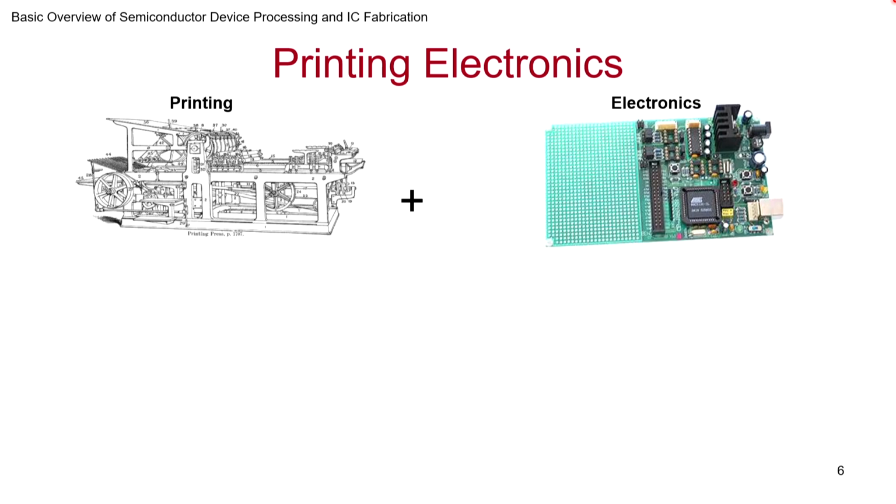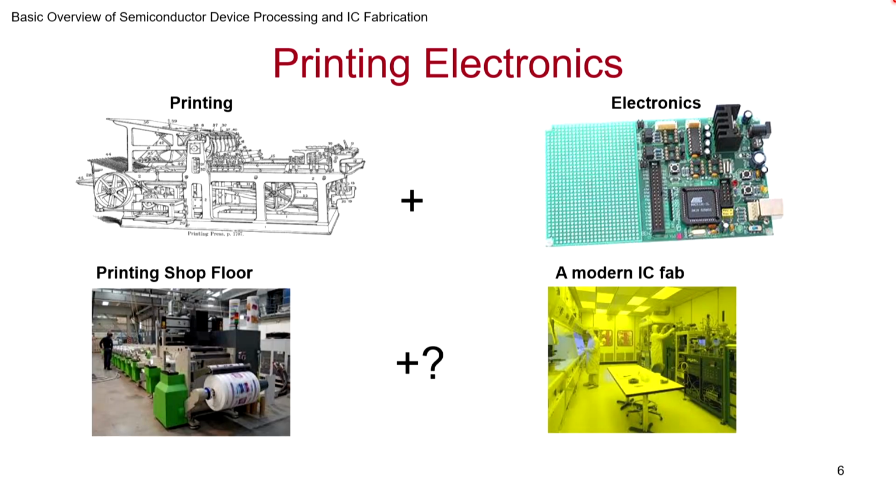Just to show the apparent incompatibility as it might appear to somebody: a print shop floor, if you look at it, as compared to your modern IC fab, is maybe considered to be dirty. You don't want things to be done in a shop floor. On the other hand, a modern IC fab has to be pristine, very clean. You want to make sure there are no dust particles and so on. So are they compatible at all? Well, in some instances you can bring them together.